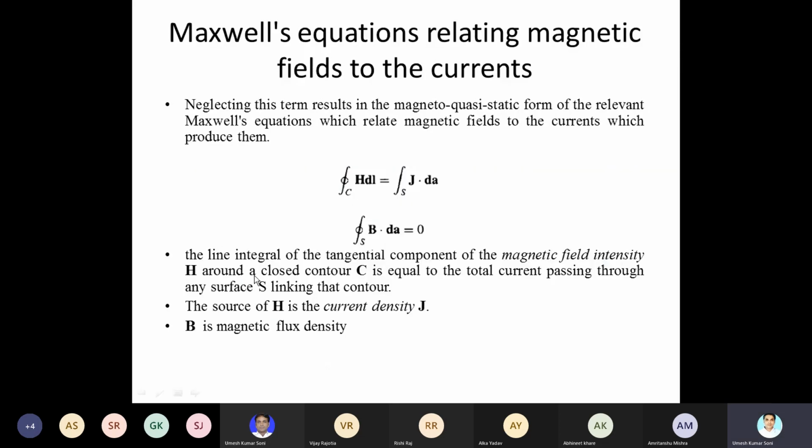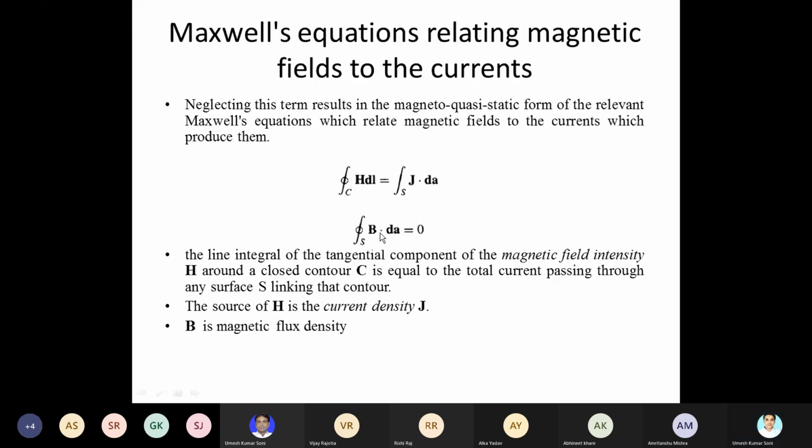This relates to the Maxwell equation, relating the magnetic field to the electrical currents, okay. How much magnetic field is generated in any coil is given by the current density in that conductor. So this is the complete Maxwell equation, and it also represents that the surface